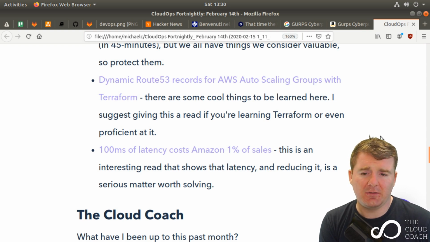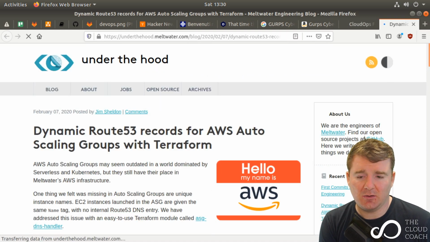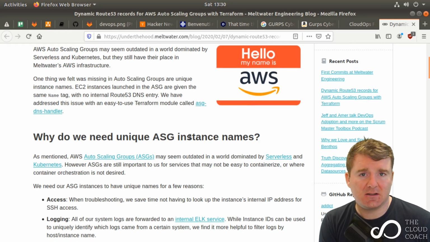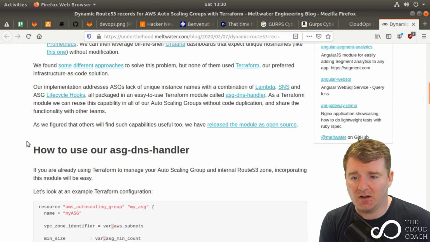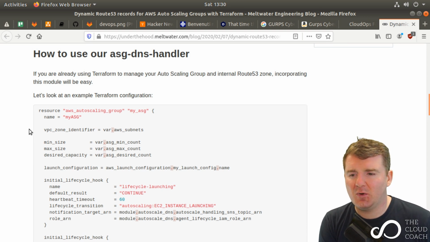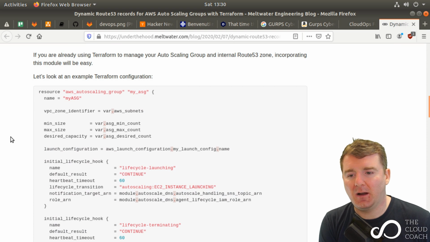So dynamic Route 53 records for AWS autoscaling groups with Terraform. So this is a great Terraform example. It's about using unique autoscaling group instance names. And I think it was a great article because it's a unique take on something that you may or may not require, but it's a bit of a quirky way of using autoscaling groups. I'm going to be blogging shortly myself about something similar using autoscaling groups, but I mainly posted because it's got Terraform in it,